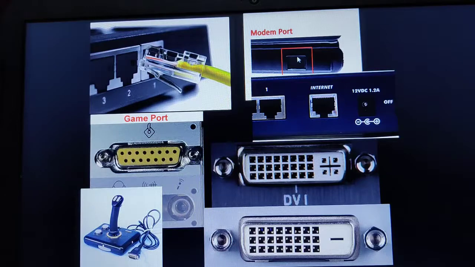As we have already discussed the modem in networking concepts, it helps the user connect to the internet by using the telephone network. That means it converts the analog signals from a telephone cable to digital signals in order to have the internet connection. For that reason we are using this modem port.